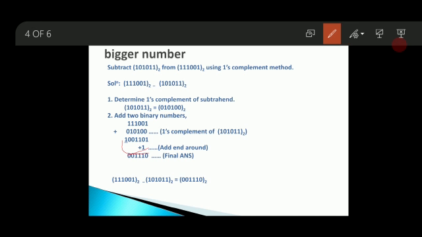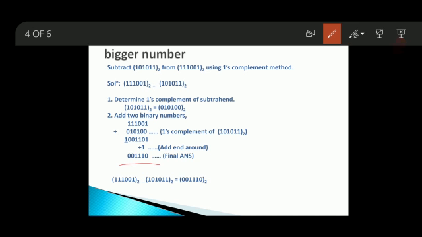So we will add that carry to the least significant bit of the sum. 1 plus 1 will be equal to 0, and the carry goes on. We'll write it here. So this will be your final answer.